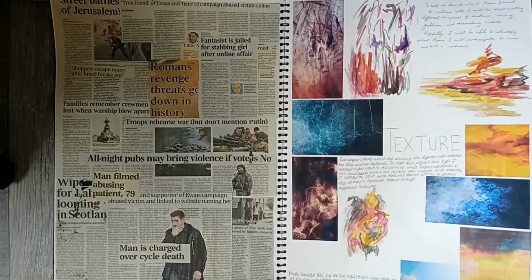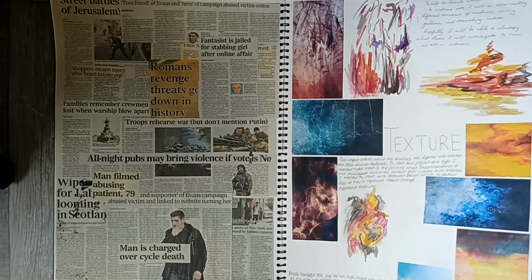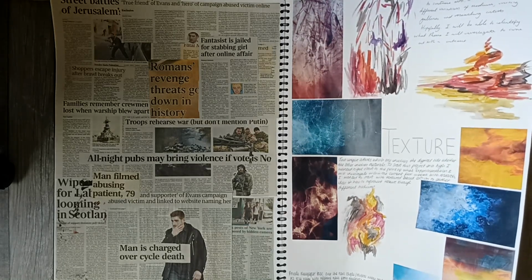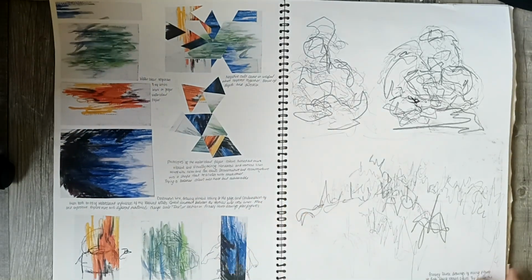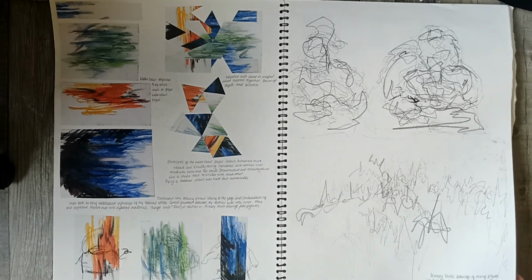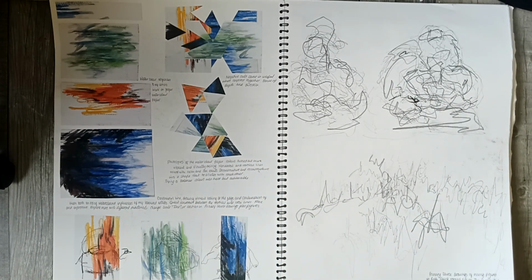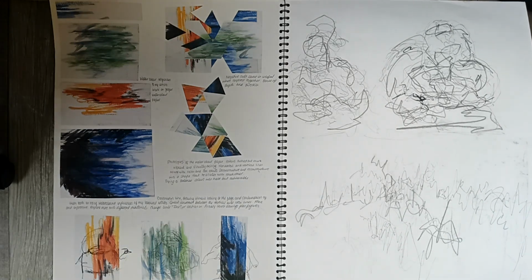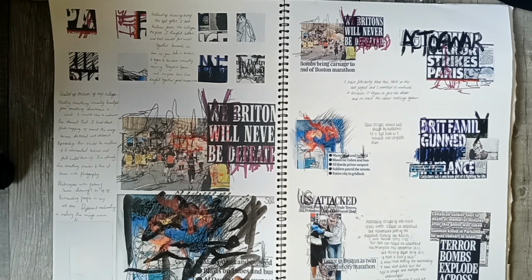We've got some lovely bits of texture, some mark making, and it looks like acrylic pouring actually. Move on to some drawings of watercolour, and I changed it into geometric. Some more drawings, probably live drawings actually. Use some of the newspapers and changed them